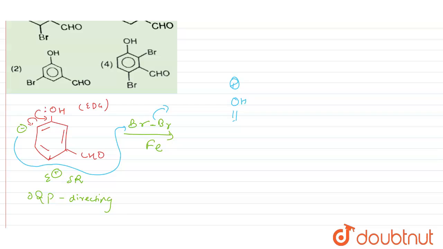positive charge on oxygen. Then we will have the bromine atom here, double bonds, and here we will have CHO. Okay, first product is this. Now one hydrogen is present, so this hydrogen will be lost, the bonds will shift, and this will be the product formed, that is OH, at meta position we will have CHO and bromine.